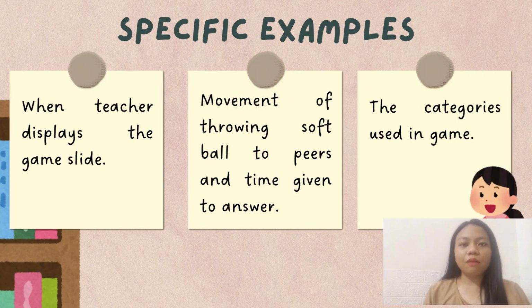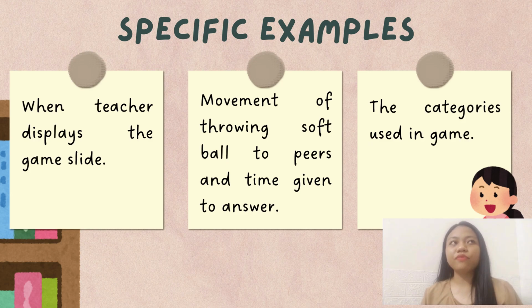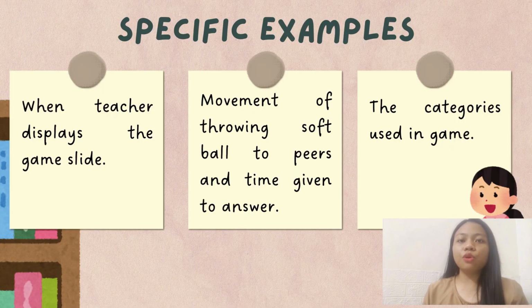For specific examples, the teacher first displays the game slide, which is the 5-second rule slide. This immediately gets students' attention because, as we all know, students often enjoy playing games rather than just listening to pure lecture. Then the teacher uses a softball, where students throw the ball to their friend,